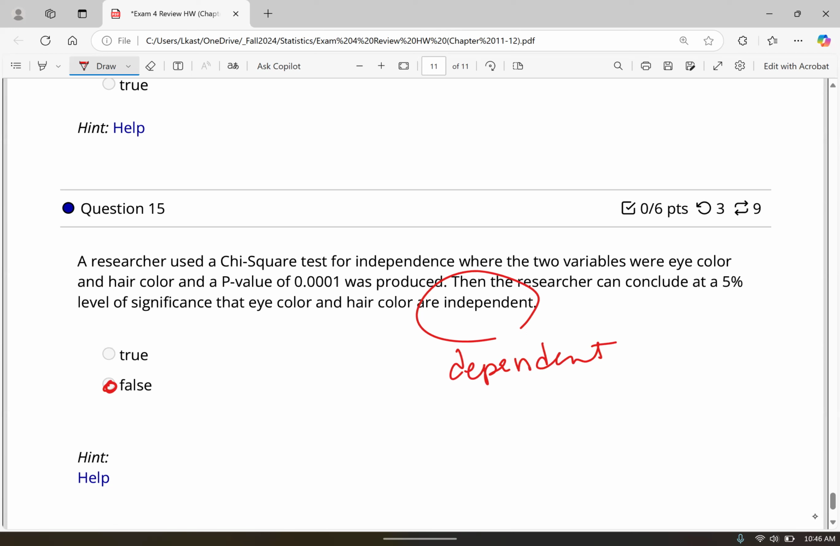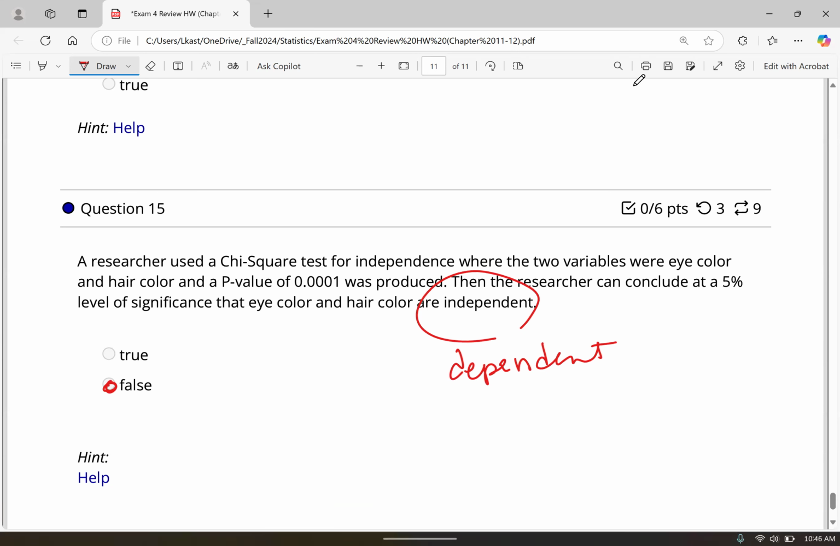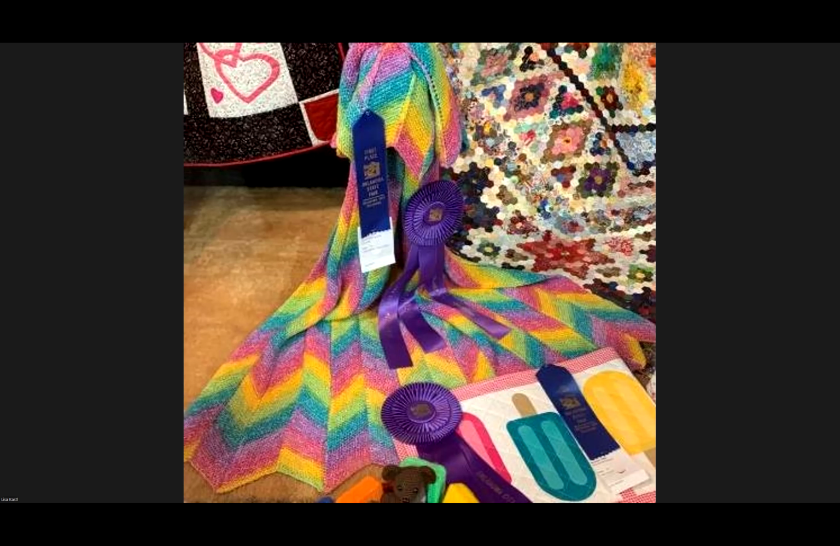Are there any questions? All right, well, if you have any,